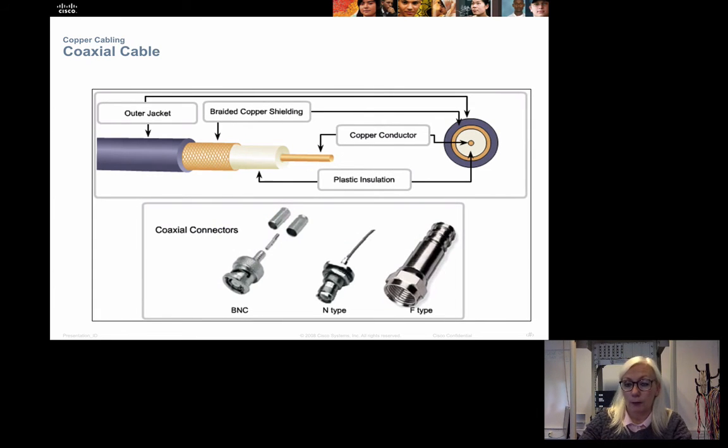The coaxial cable is an old type of cable looking like this. If you look inside it, it's not very easy. You can just see something white. We actually have a quite large copper conductor in the middle, and then we have different types of shielding outside. So this is a much better cable. It's much more expensive also because we have much more copper in it than in the thin wires of the twisted pair cables. But it is an old one, and when we used these types of cables,